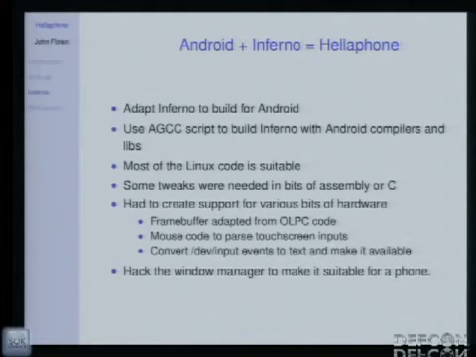Not a lot of people actually run Inferno on ARM, so there were some issues with the scheduling, and I think we had to tweak some of the assembly because it didn't work on the specific processor models we were using. And then we had to add support for some of the bits of hardware. We got the frame buffer. The nice thing about the Android Linux is that it just provides a plain old frame buffer on, I think, /dev/graphics/frame0. We had some code left over from a port of Inferno to the OLPC. We simply adapted that. It took some tweaking, but we adapted that for our use.